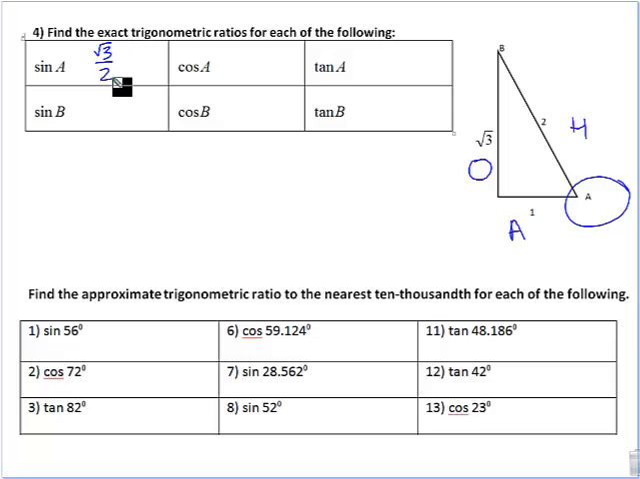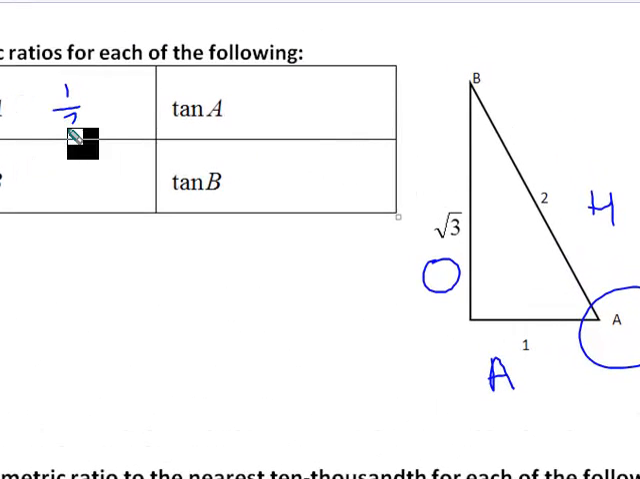Yeah, square root of 3 over 2. What would cosine of A be? Yeah, a half. And what would tangent of A be? Yeah, just square root of 3. Why is it just square root of 3? Why don't I have to write the over 1? Yeah, it doesn't really matter. It just simplifies down. Okay, so now if you know the pattern, you could certainly just flip it around to